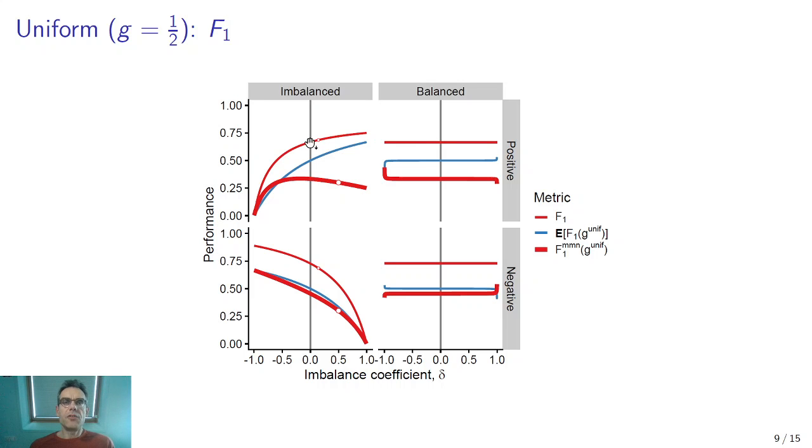You can get rid of this sensitivity to class imbalance by balancing the metric, which means that you just set delta to 0. The alternative that we propose is that you compare this score to the score that you would get if you randomly guessed a positive class with this probability G. In this case, we choose G equal to half, which means tossing a fair coin.